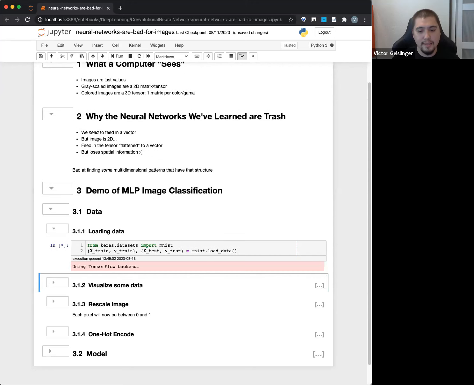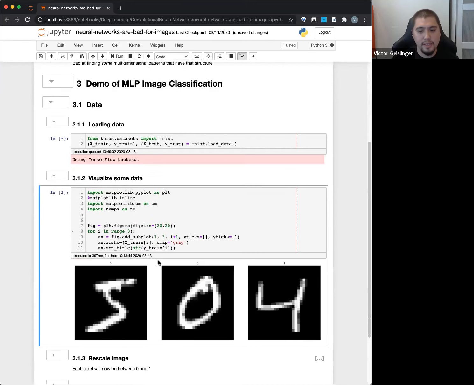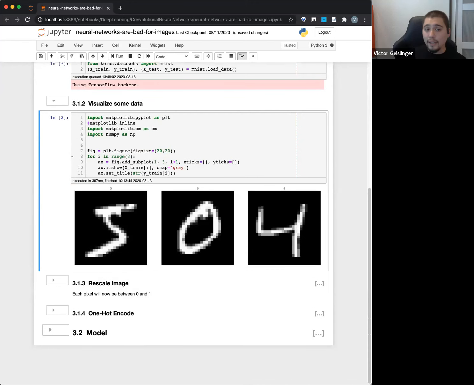So for example, MNIST, which I think you guys have seen at this point, is these numbers and stuff like this. You could technically try doing it on this one and it does a decent job, but it turns out it's just not very good. So I'm gonna skip over actually coding this up.